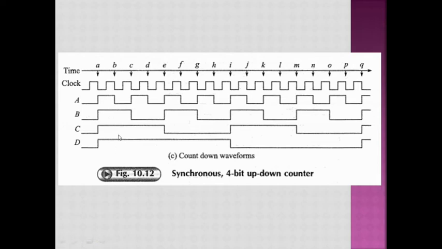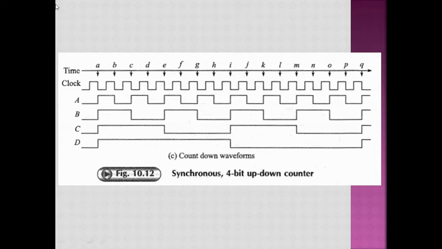Again, the same thing is happening. The same kind of waveform of A is going to be available, whether it is in count up mode or in countdown mode. The flip-flop A is going to be toggled with every negative edge of each clock pulse. So at the start time A is going to be toggled. At the start time B also it is going to be toggled. At the start time C also it is going to be toggled. At the start time D also it is going to be toggled. So from A to D, every time the negative edge of the clock pulse hits the flip-flop A, the flip-flop A is going to be toggled, either in count up mode or in countdown mode.